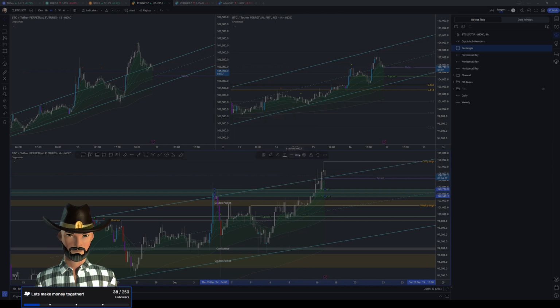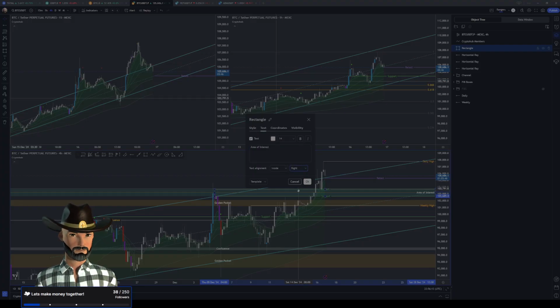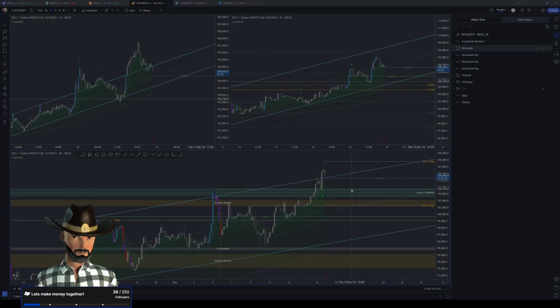Okay. And then settings again on text. What was I going to call this? That's it. Area of interest. That's what I'm going to call it. Okay. Inside right. Now what I can do is, if I get these support lines,